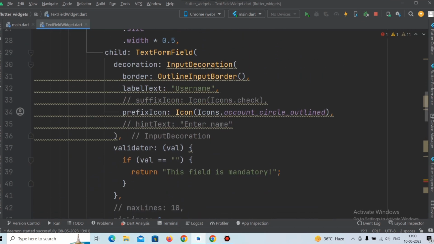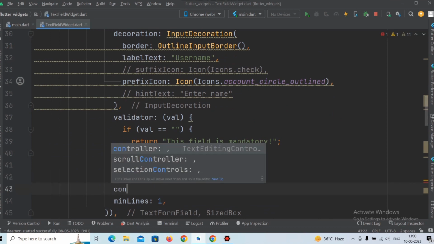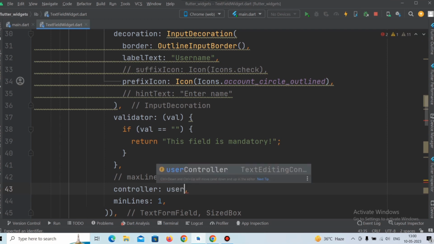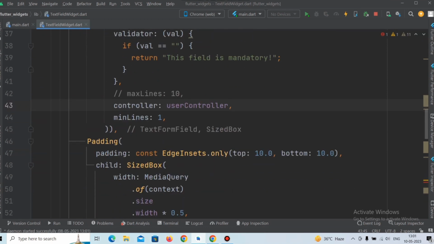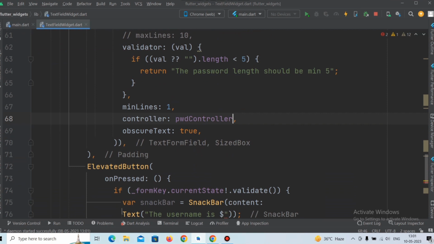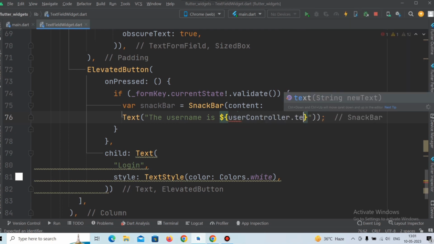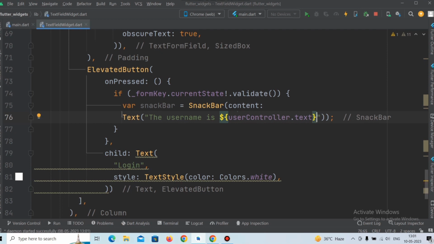And this controller we need to set to the particular text field using the controller property. So for this userController, and for password pwdController. Now using the controller object we can get the text of the text field. The username is userController.text and password